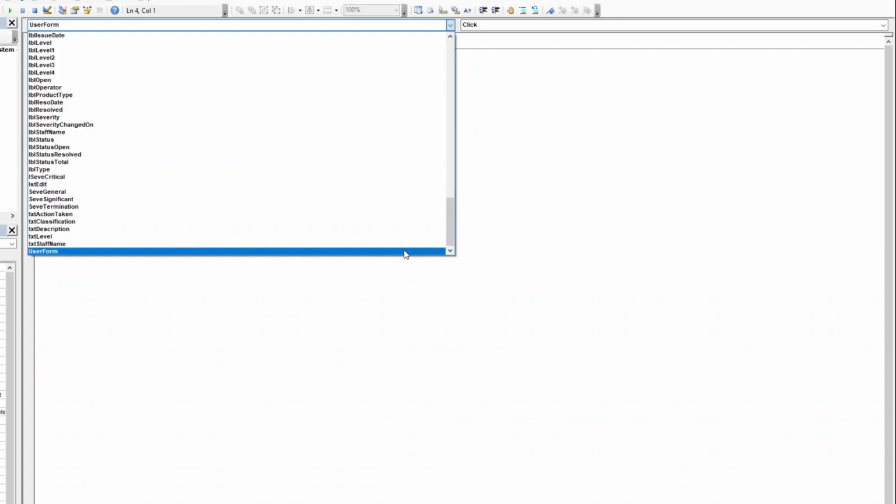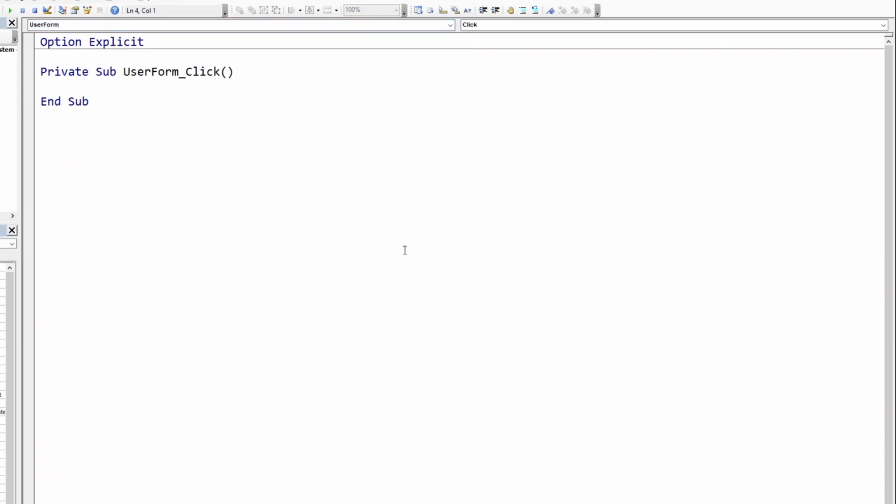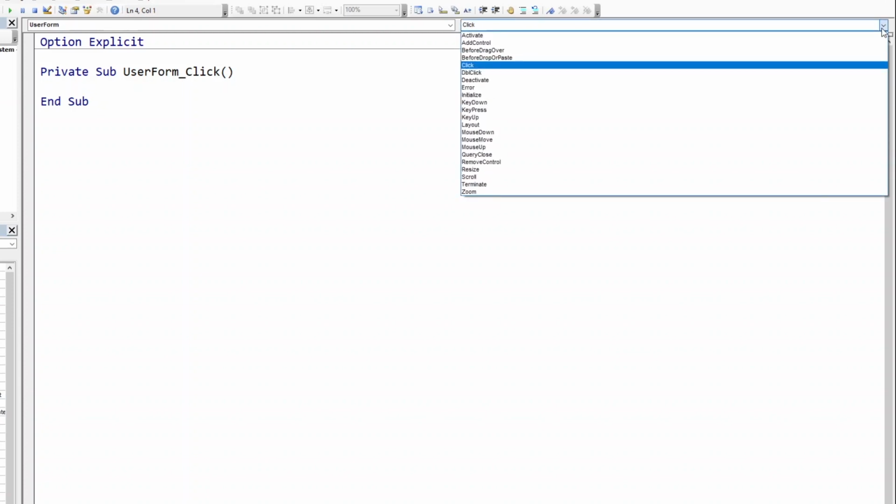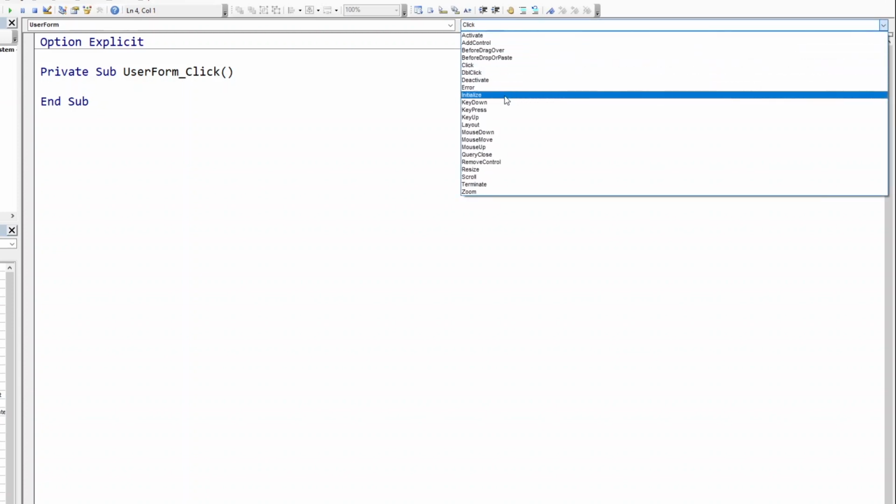Find user form and click it. This should insert the user form underscore click subroutine. If you did double-click the user form to get to the code view, you perhaps have the user form underscore click subroutine inserted already. Go to the list of events from the drop-down on your far top right and select